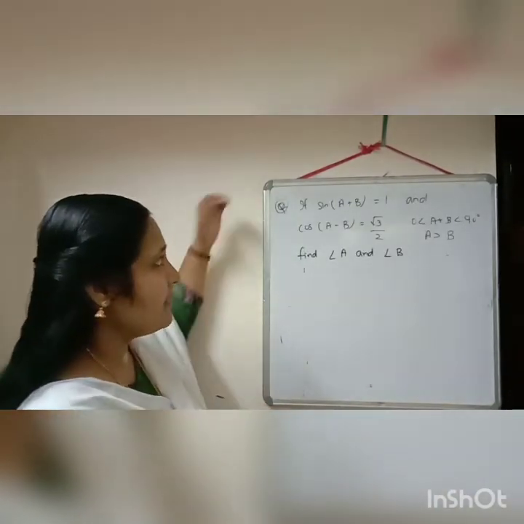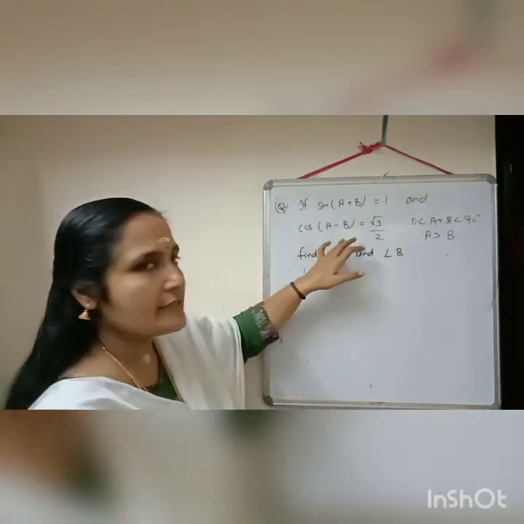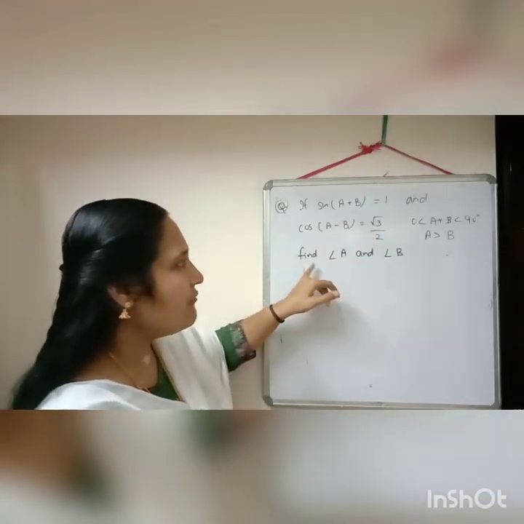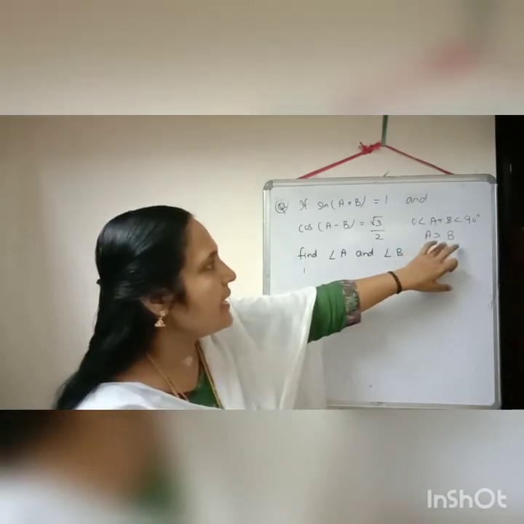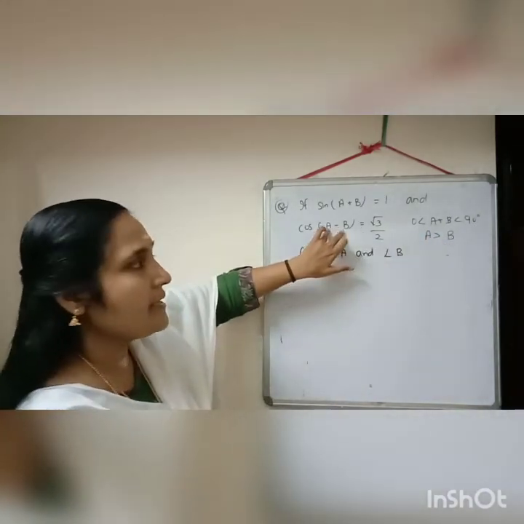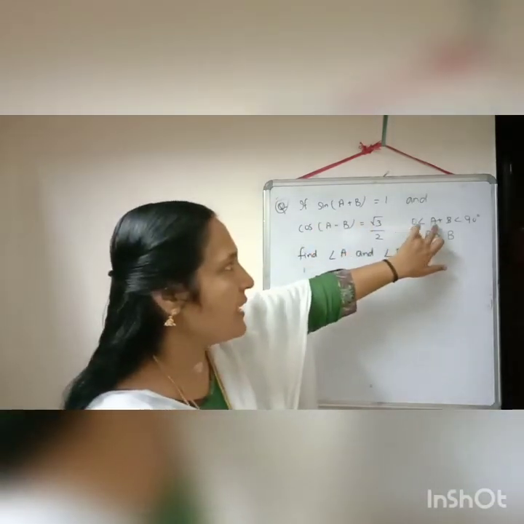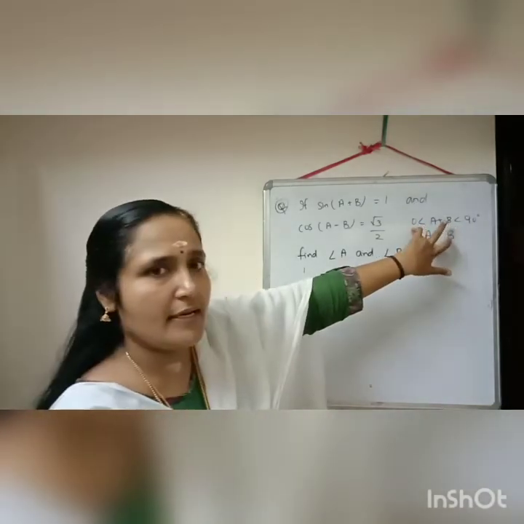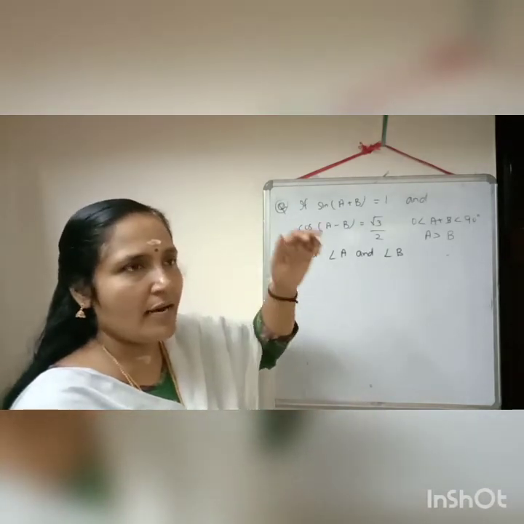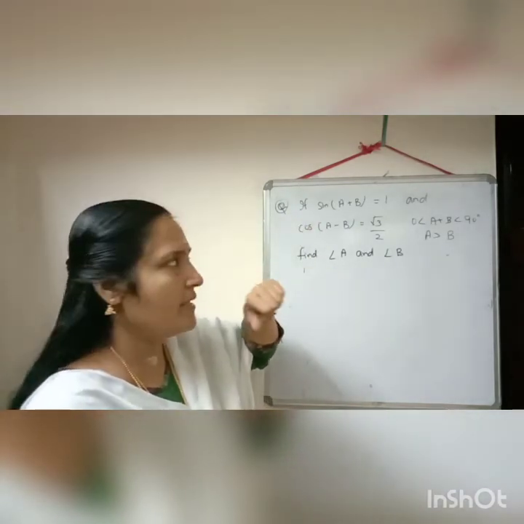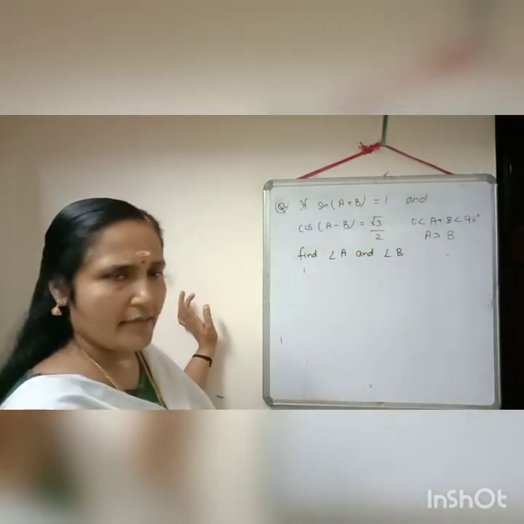Now in this question it is given, if sin (A plus B) is equal to 1 and cos (A minus B) is equal to root 3 by 2, find angle A and angle B. And this condition they also gave: A is greater than B, because otherwise A minus B will come negative. That's why that condition is given. And here the sum A plus B is less than 90 degree, because the concept of trigonometry we can use in a right triangle only. So in a right triangle already one angle is equal to 90 degree, so their sum will lie between 0 degree and 90 degree.